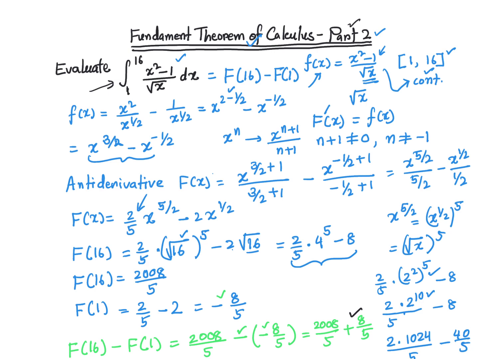So what I did first, I took the function and showed that it is continuous on the interval 1 through 16, which are the limits of integration. Once it's continuous, the fundamental theorem of calculus part 2 ensures that there exists an antiderivative. So once we know that for sure, we take this function and find the antiderivative step by step. Then we evaluate it at 16 and at 1 and take the difference, and that is your answer, and the answer was